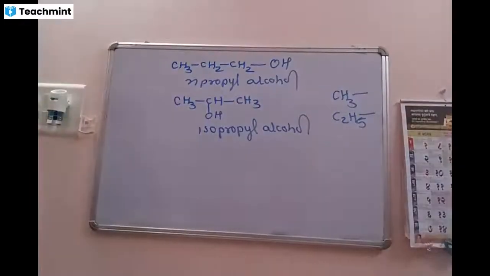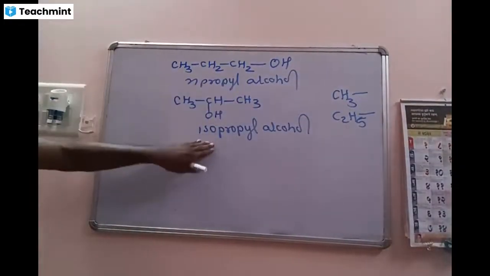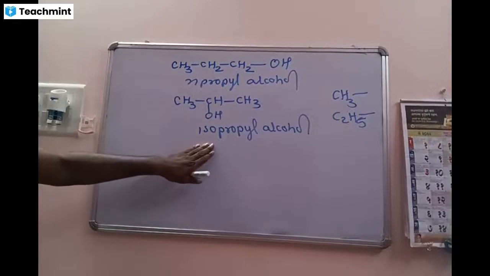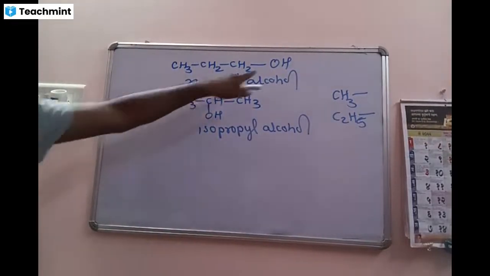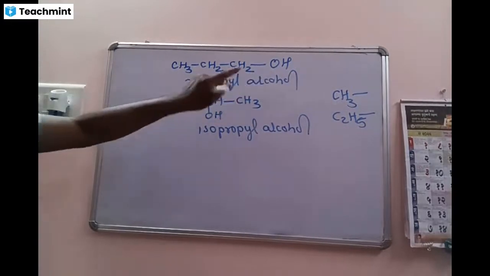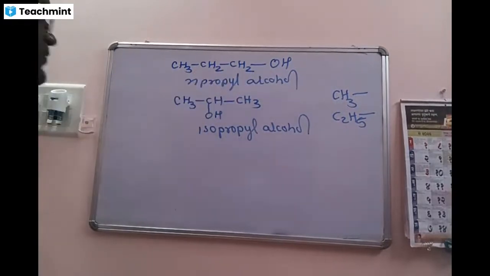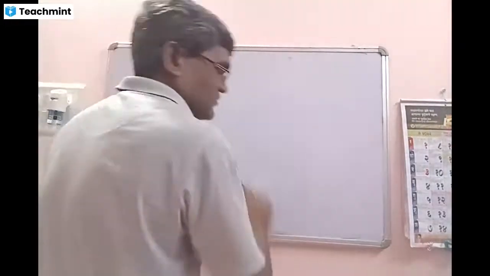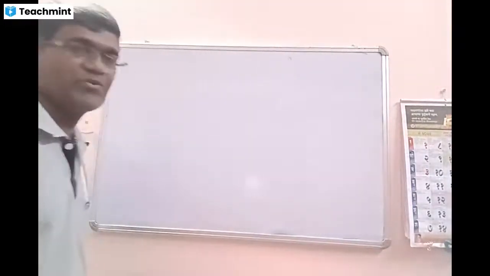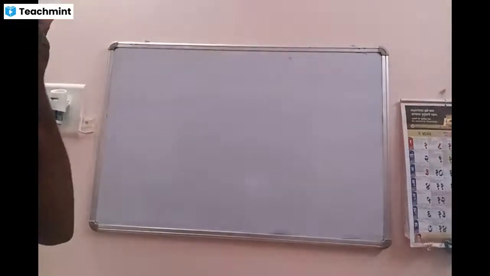So you got the difference. This one is the primary while this one is the secondary, right? Why secondary? Because the OH group is added to a secondary carbon, whereas this is attached to a primary carbon. So that will be the primary type of alcohol. 4 अल्किल ग्रुप्स तो आपके अच्छे से होना चाहिए था: मिथिल, इथिल, एन प्रोपिल एंड आइसोप्रोपिल. ठीक है. Now the remaining 4 are